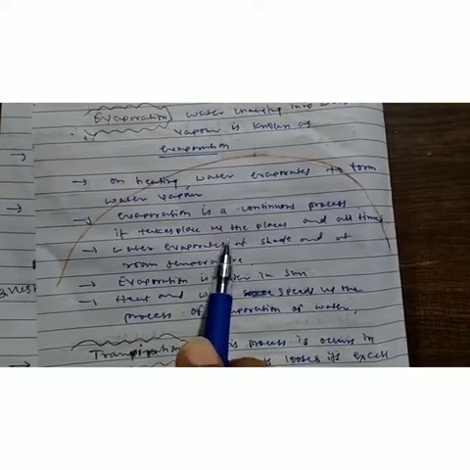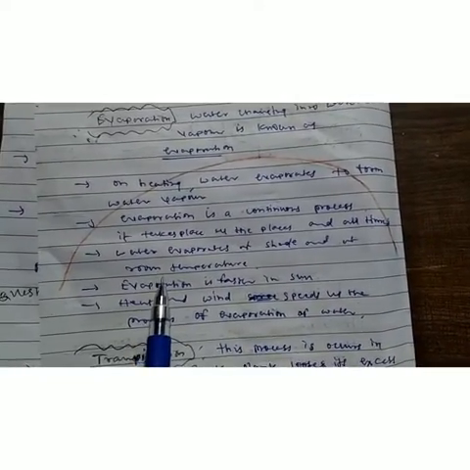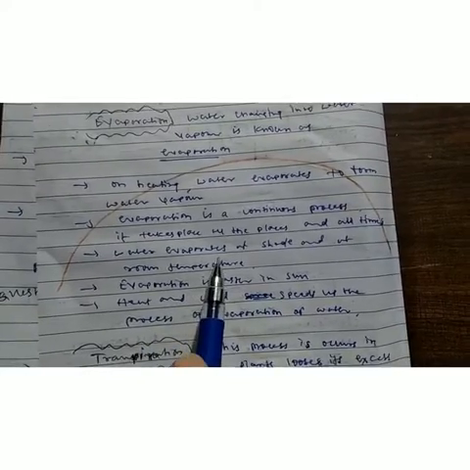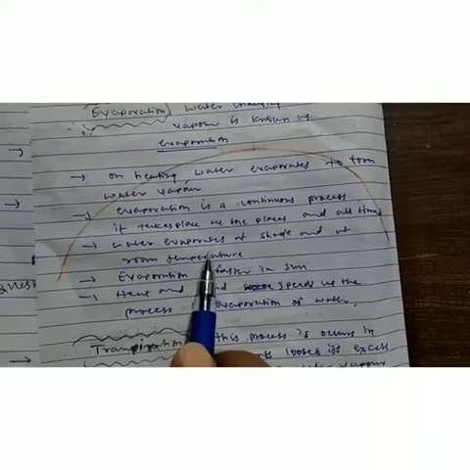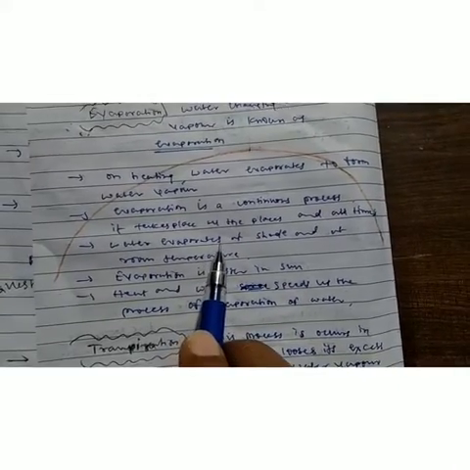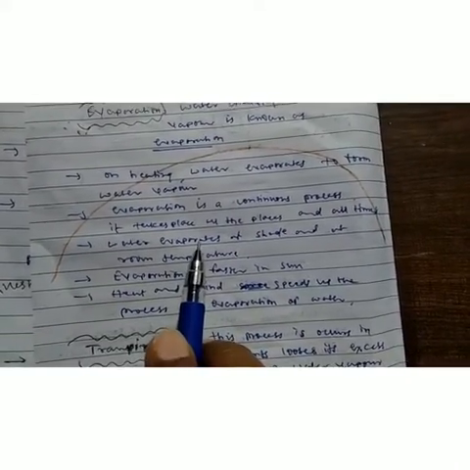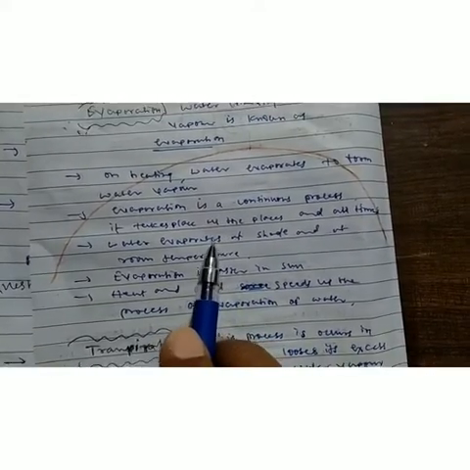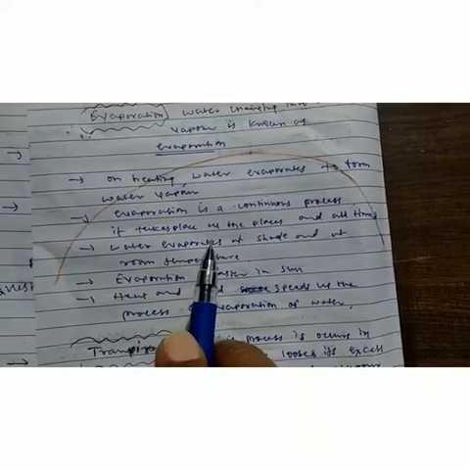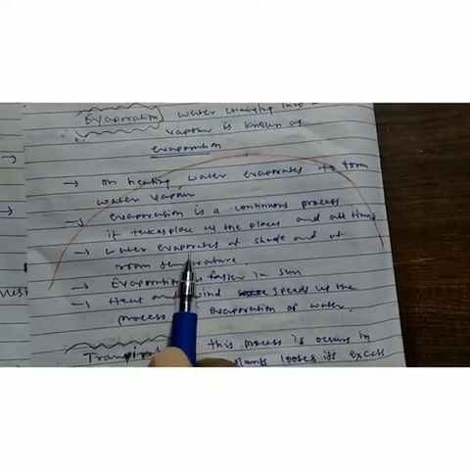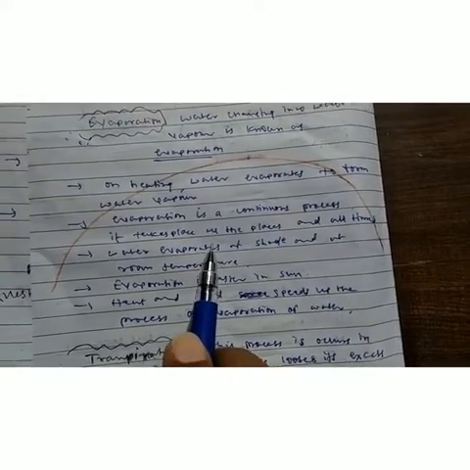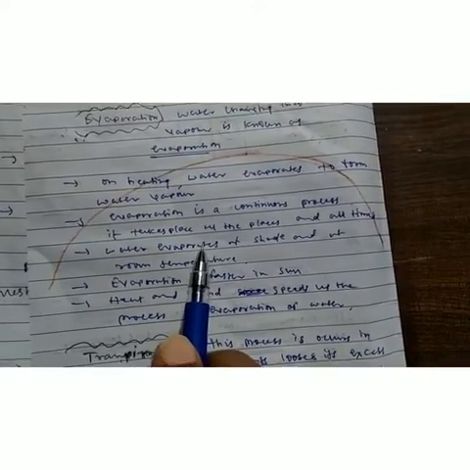That is, it will go speedily. If the wind is there, the evaporation process will go fast. Suppose when your mother washes the clothes, in the summer season you might have seen that the clothes dry up very fast. But in the rainy season or in the winter season, our clothes don't dry up fast. Why? Because of the atmosphere, because of the sun.